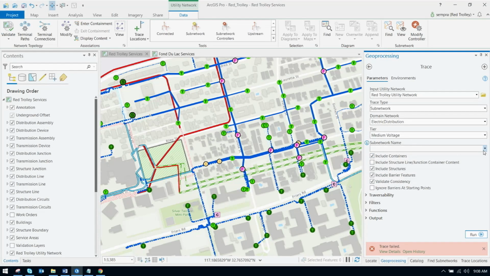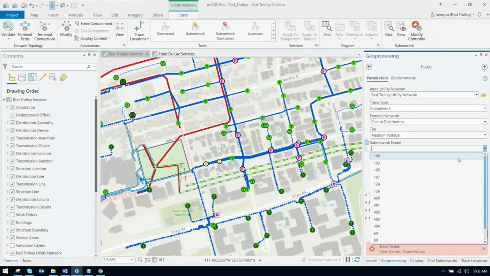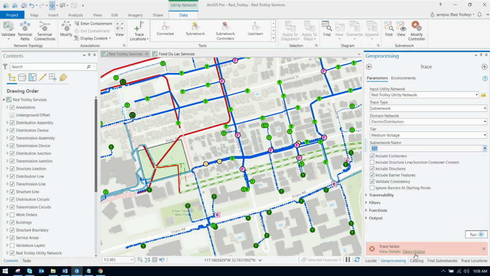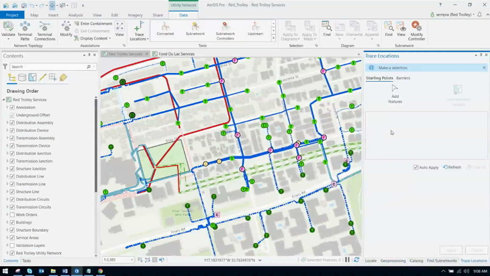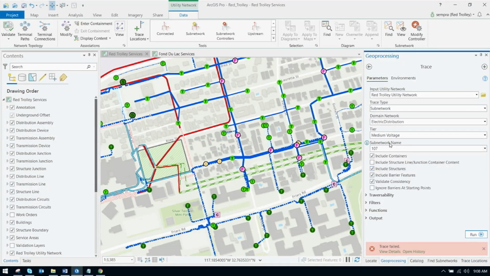Oh, thank you. I didn't have a starting point. That's always perfect to have input from the audience. Because I didn't have a trace location, nor had I specified a subnetwork name, there was nothing to trace. Now that just showed me we need a better error message to clarify that. All right, so choosing subnetwork